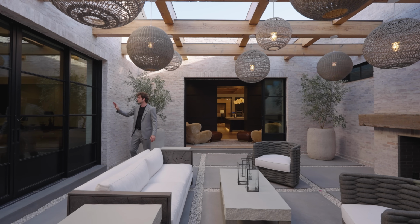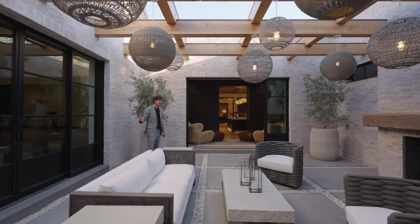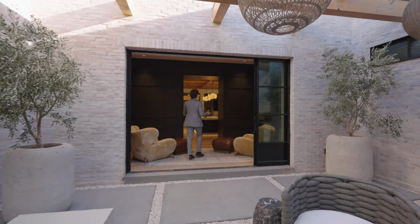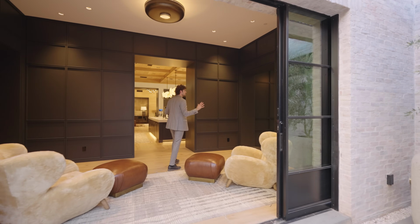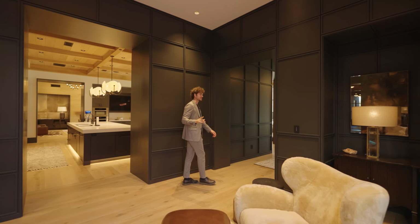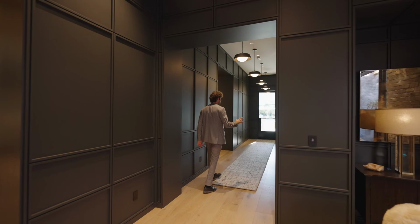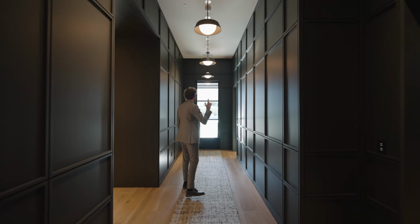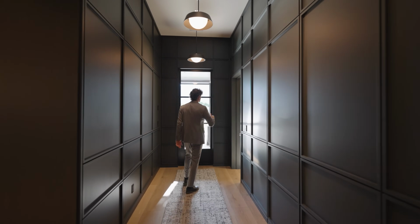Right here, we have an in-home gym, which we'll get into as we step into the primary suite wing. But stepping back up, we're gonna pass by the kitchen, more of that beautiful millwork, and pay attention to a couple things because I'm pointing out the millwork for a reason. And there's something foreshadowing happening down this hallway, which we'll get into right after we step into this beautiful office,